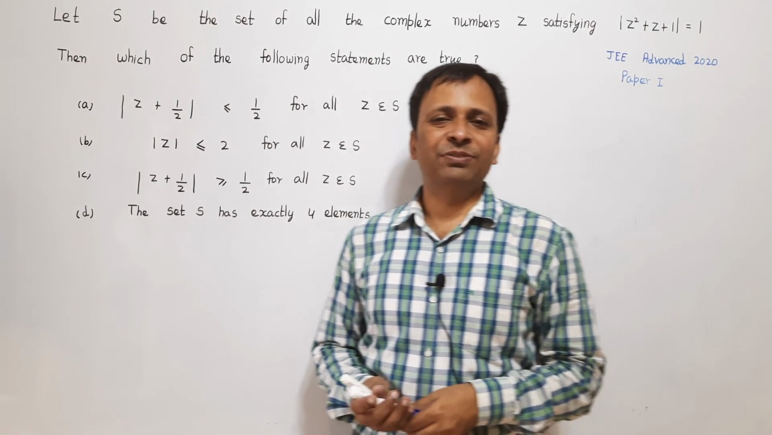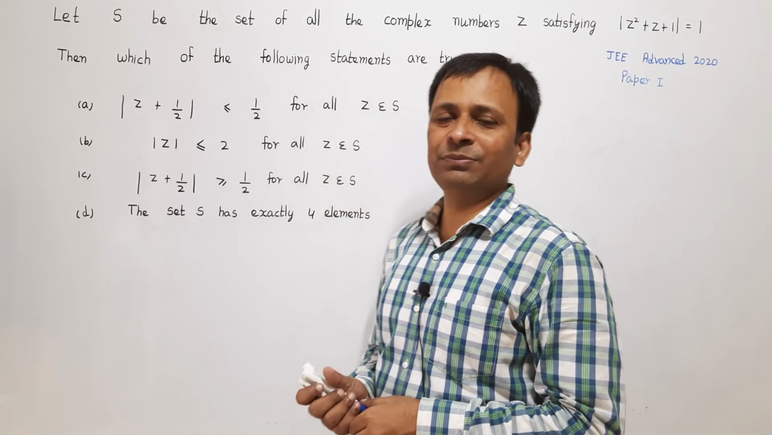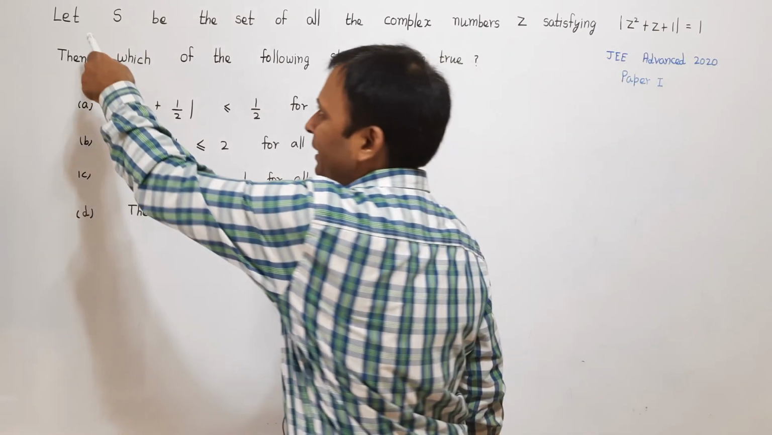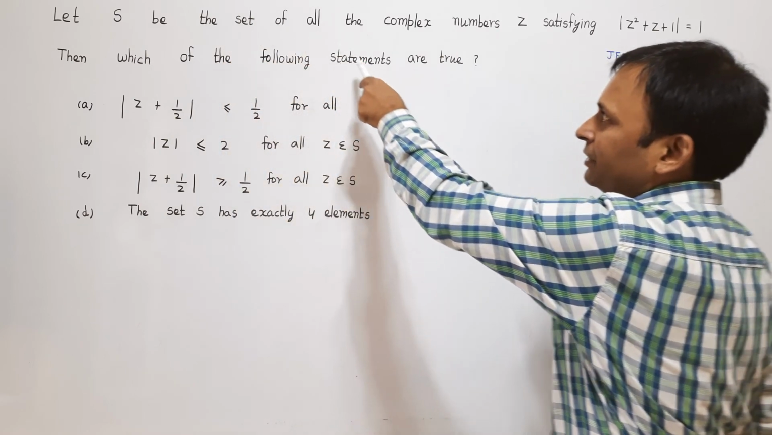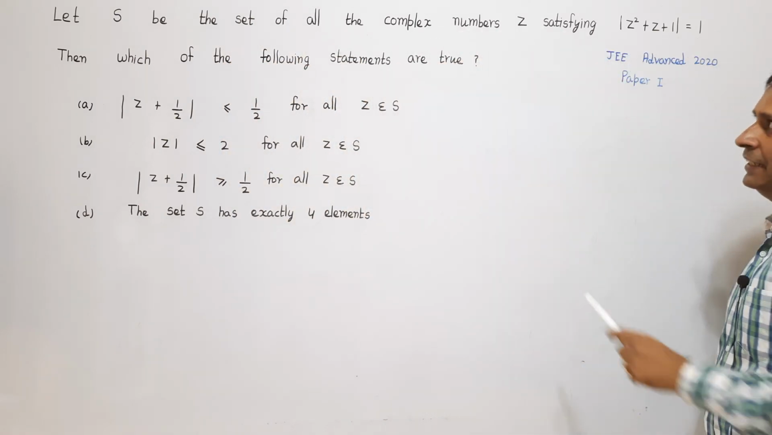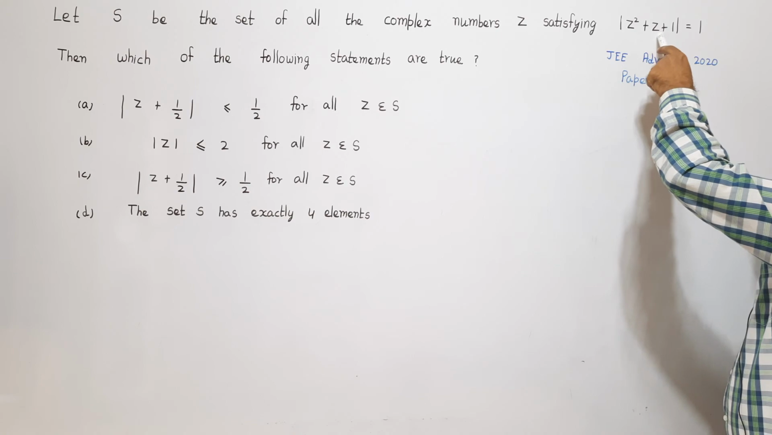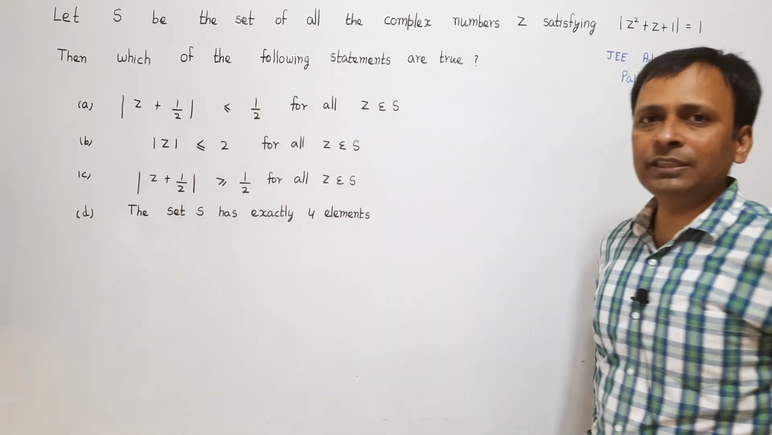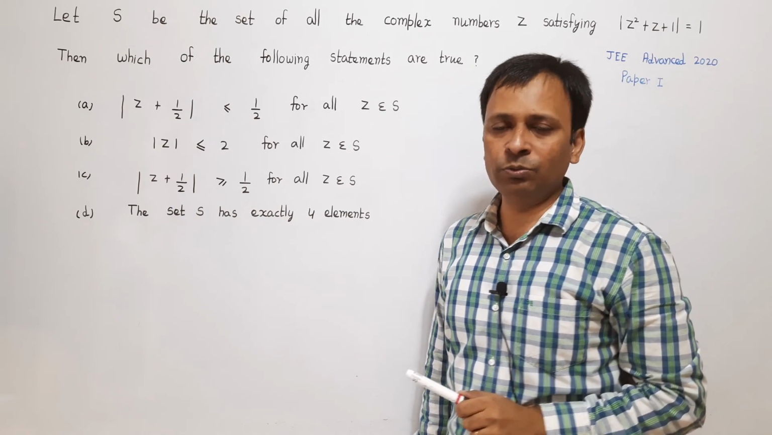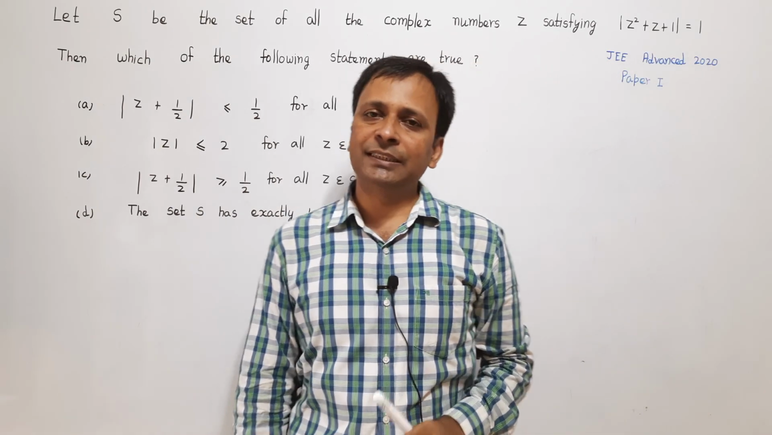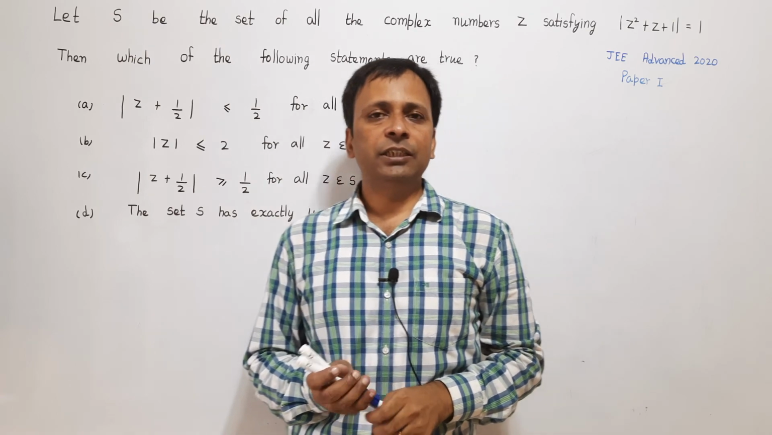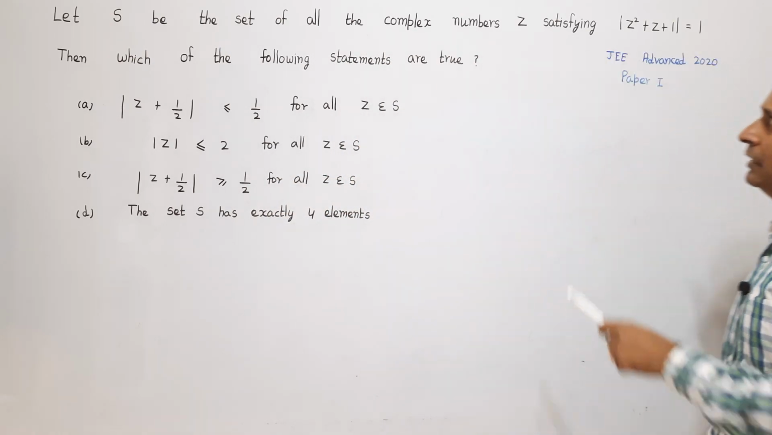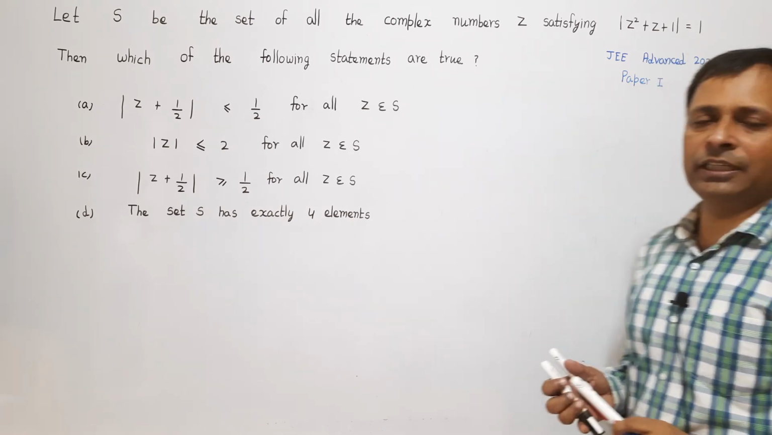Let's take this problem from complex numbers, which is taken from JEE Advanced 2020 paper 1, and the question is, let S be the set of all the complex numbers Z satisfying modulus of Z square plus Z plus 1 equal to 1, then which of the following statements are true? That means he has given us a set S which contains all those complex numbers Z which satisfy this particular equation. Then we have to identify